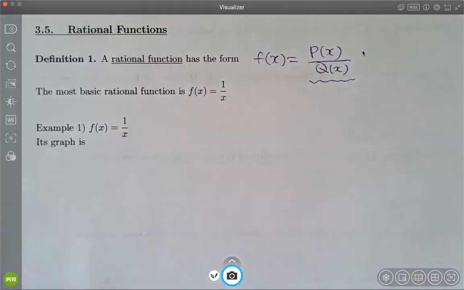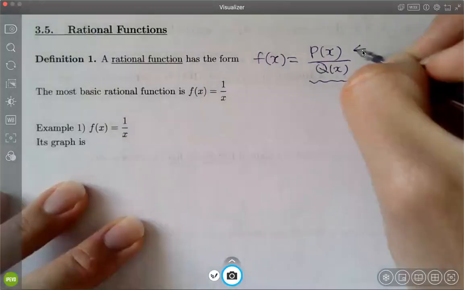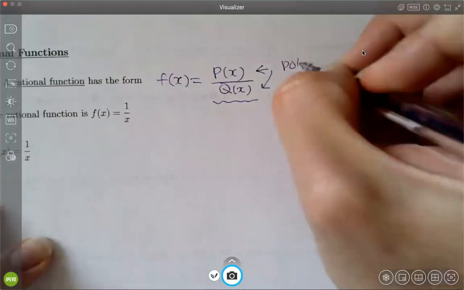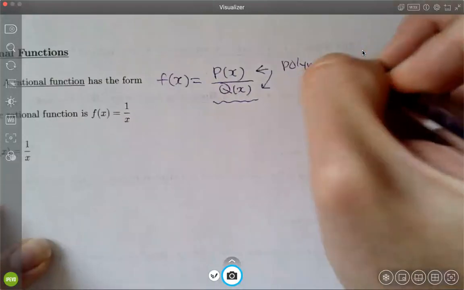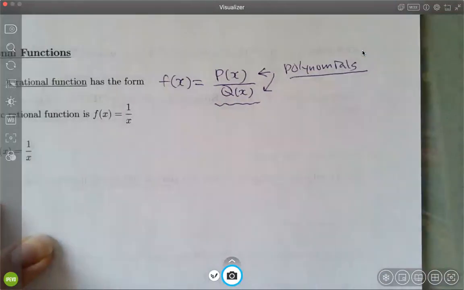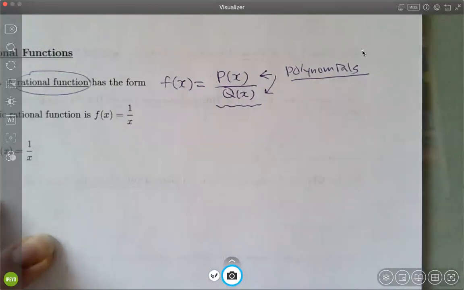It's just p of x and q of x are just polynomials. Okay, so these are just polynomials. Okay, so that's what rational function means. So rational function has two polynomials that form a fraction, like in a fraction. So there's a polynomial at the top and there's another polynomial at the bottom, okay? Now, the most basic